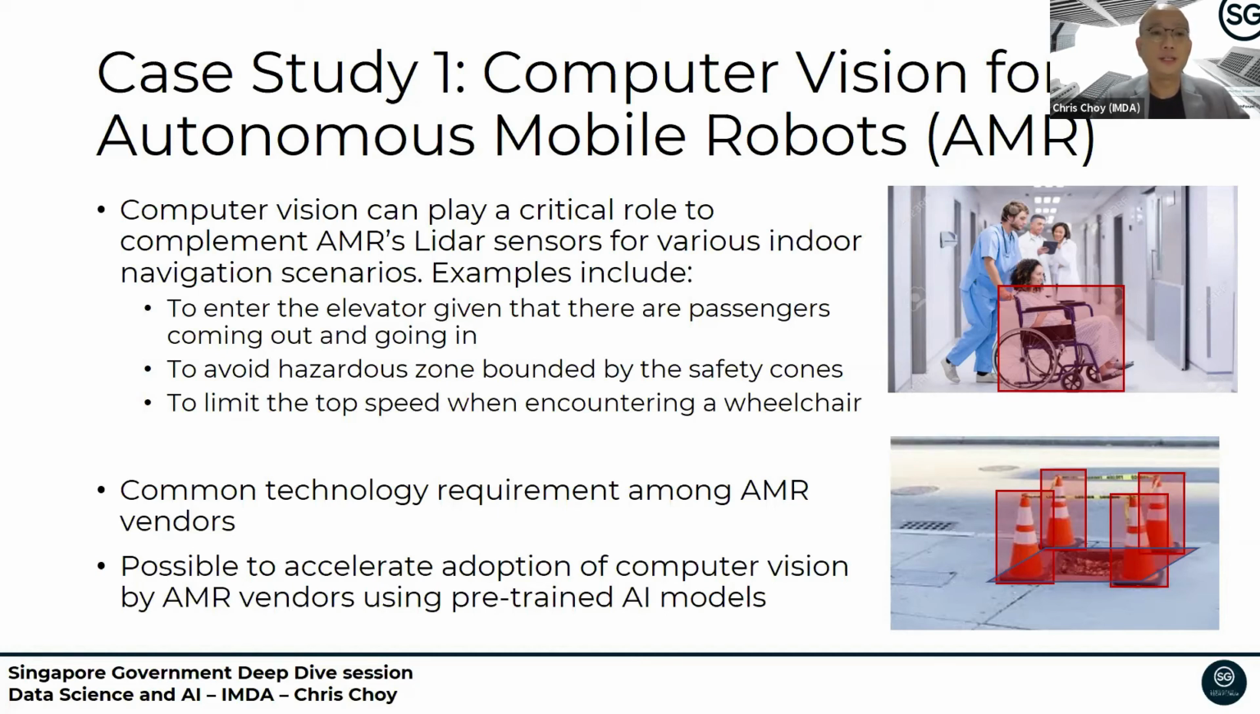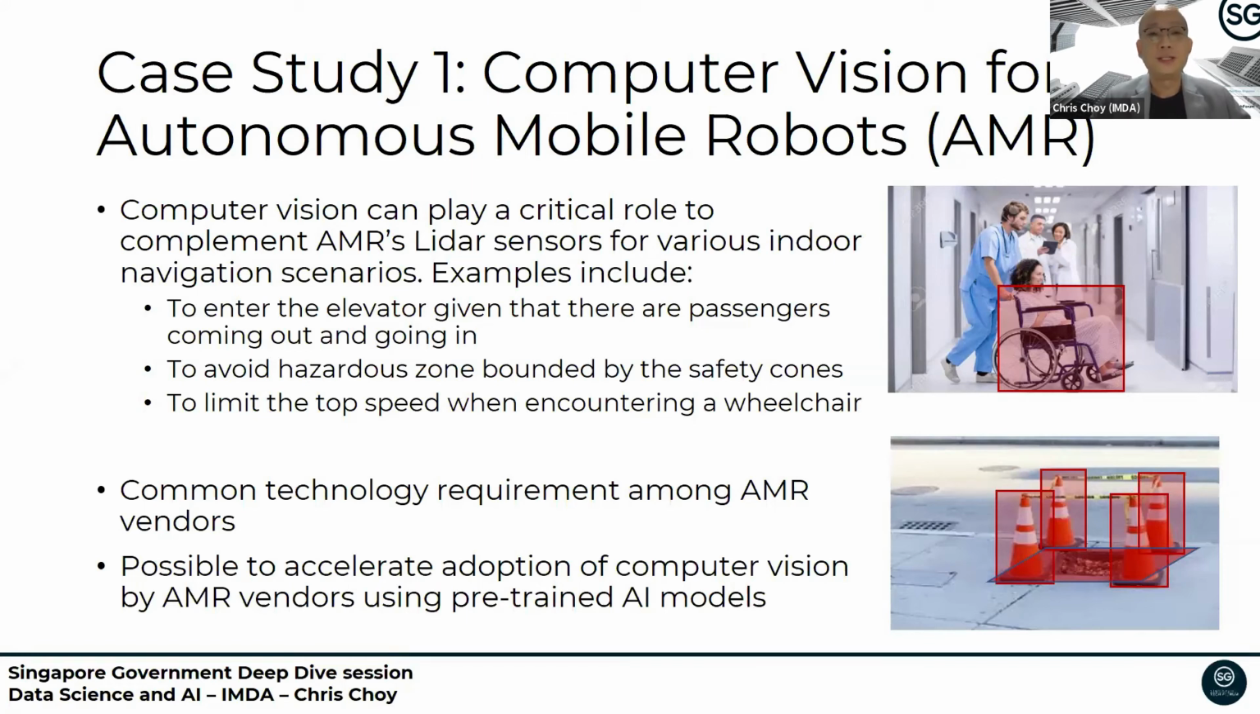having to deal with navigating to an elevator when there are passengers coming out of the elevator. Using LiDAR alone, it may not be very effective to detect some of these passengers or people coming out of the lift. At the same time, there could also be difficulties experienced by LiDAR-based AMR in having to avoid some of the hazardous zones bounded by safety cones. So there are different kinds of scenarios, and these are actual deployment challenges that were shared with us by the AMR vendors. And some of these vendors are focusing on developing their AMR robots from a